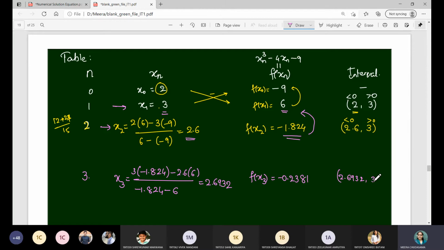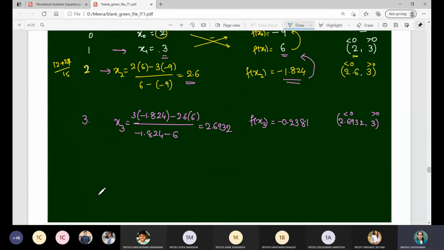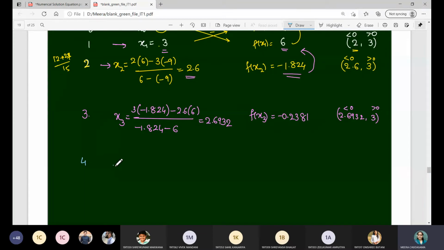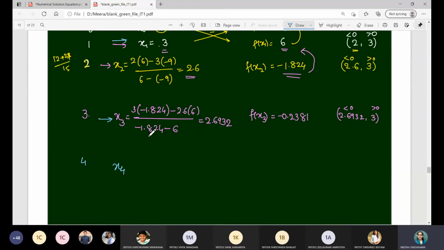2.6932, 3 will be the interval where one of the points has a positive value and one has a negative value. Now when we consider the next iteration, that is the fourth one, x4, it corresponds to this point, this row, and 3. Remember and observe over here. Now it is not like that. In this case, it was the case when we computed from the previous two consecutive rows, whereas in this case,